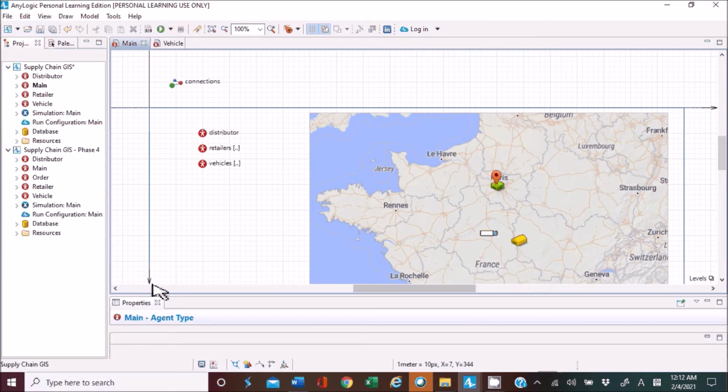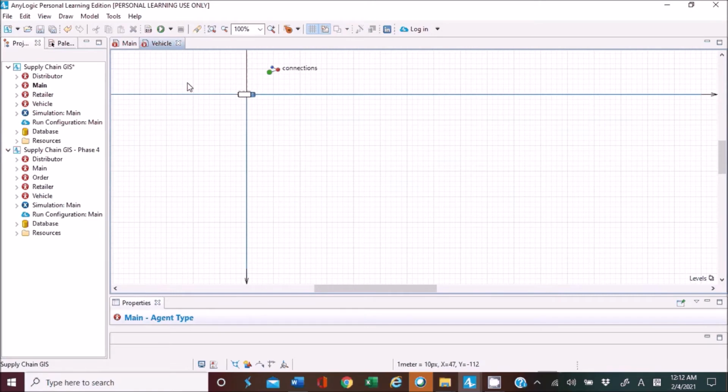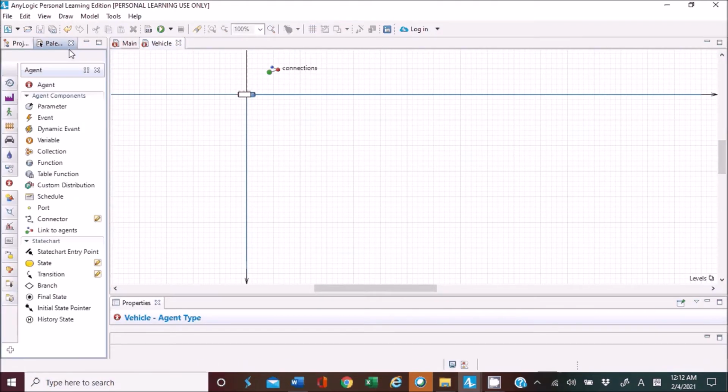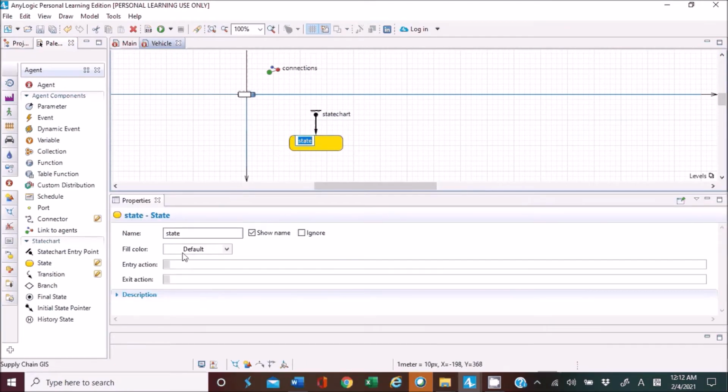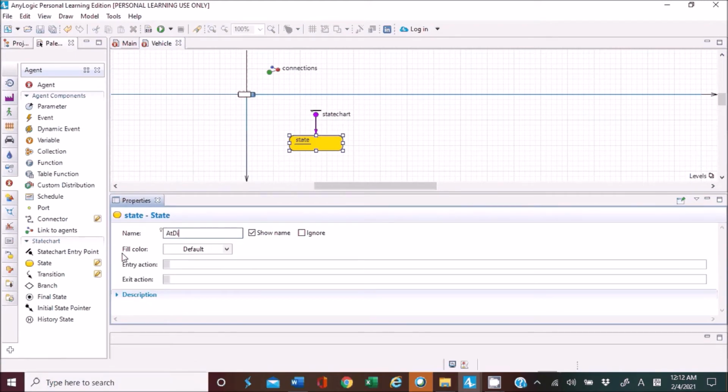Okay, and then we need to specify the movement of truck, right? In order to do that, you can go back to the vehicle agent and then create the state chart. Okay, so if you go back to palette, there should be a state chart in agent library, and here you can put the starting point and then initial state. Okay, and then this state name should be at distributor. Okay,